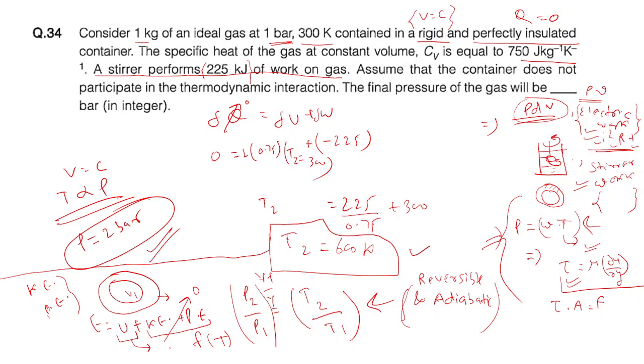Okay, sir, I have one question. In the kinetic theory of gases, we derive gamma from the degrees of freedom. Is that also important? That is not very important here. Here you have to keep in mind that if helium is given, you have to take gamma as 1.667, right? Just keep in mind, if monoatomic, then this. If diatomic or air, then simply 1.4. If it is methane, etc., which are polyatomic, then either they will give the value, or if not given, take 1.33. Otherwise, nothing more is needed.